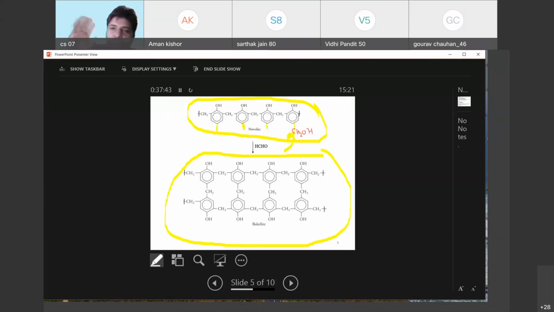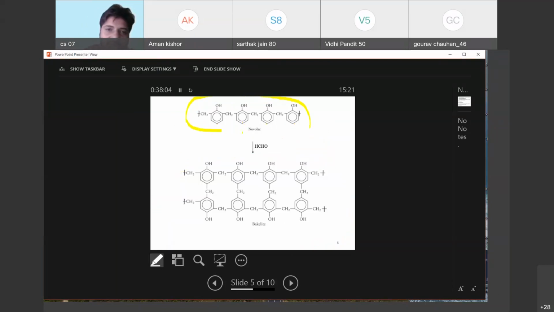सिंपली क्या है कि two Novolac chains, they cross-link with each other upon further heating, ठीक है. So when this network forms, you will have the formation of a Bakelite, okay. तो इसका मतलब क्या है कि up to Novolac, up to Novolac it's a linear polymer, and if you further heat this reaction mixture, it will immediately convert into this Bakelite, this cross-linked polymer, and this cross-linked polymer, it is thermosetting